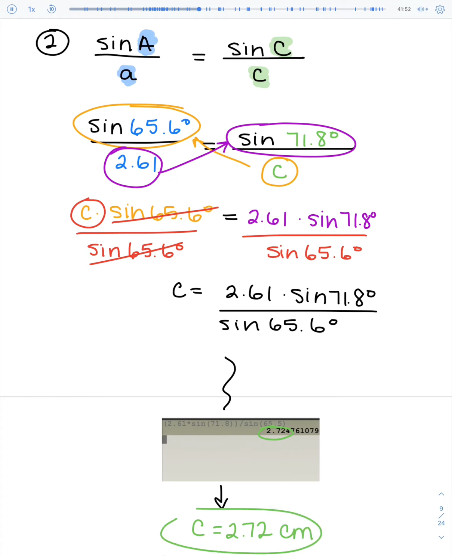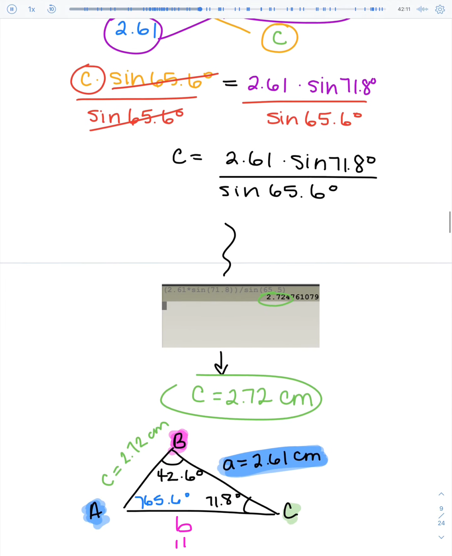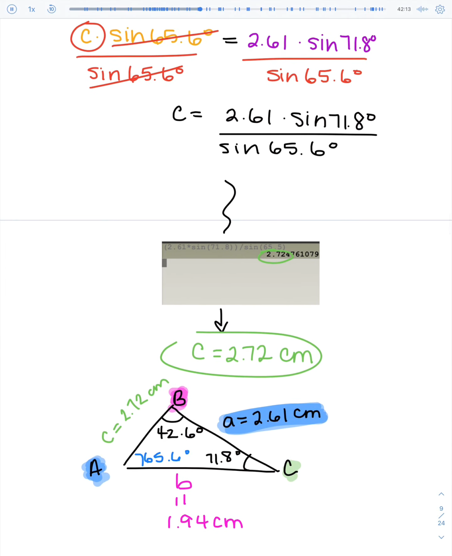So we could put this on our triangle, the 2.72. And notice we have all three sides, all three angles, and that's what it means to solve a triangle, whether it's a right triangle or not. And that means that we've done everything that they've asked us to do. Last thing that we want to talk about is what